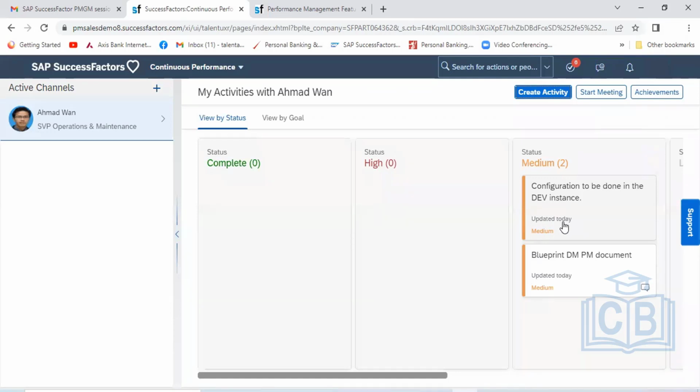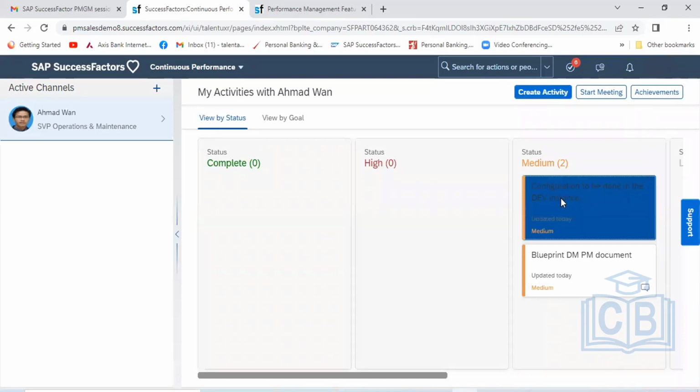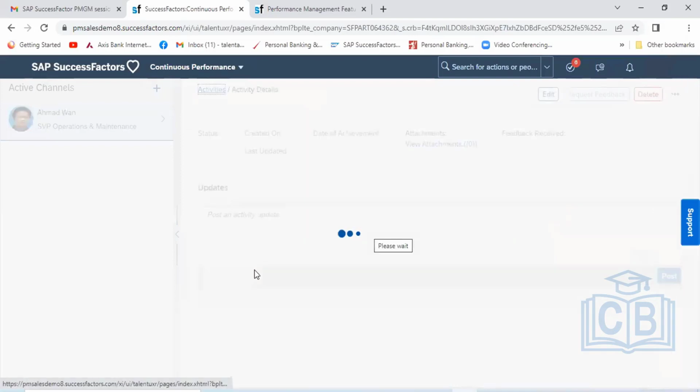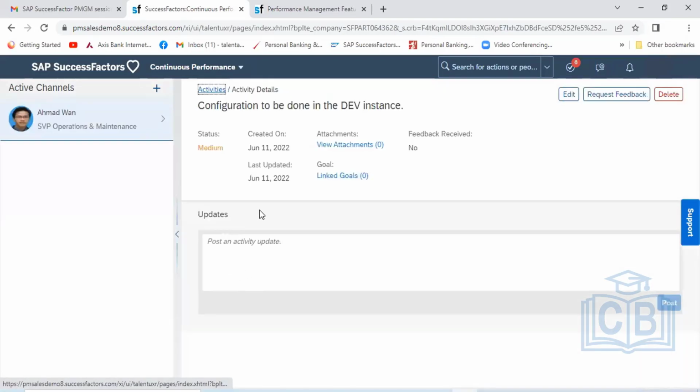So if I have created it today, it is showing today's date. When I go and see it tomorrow, it will show the date as 11/6. According to that, the date also will get updated here.